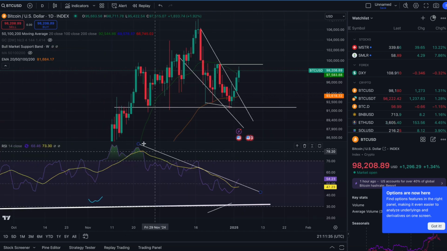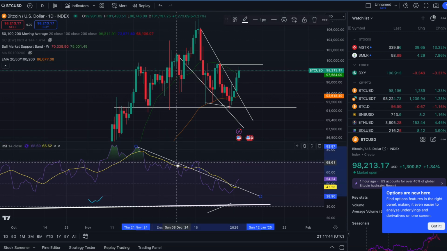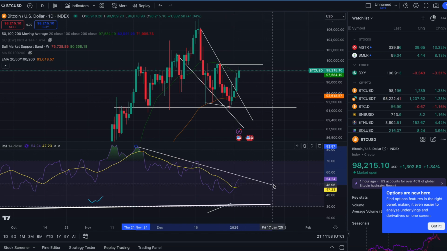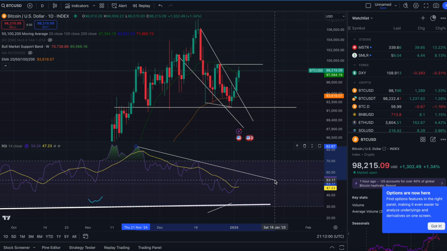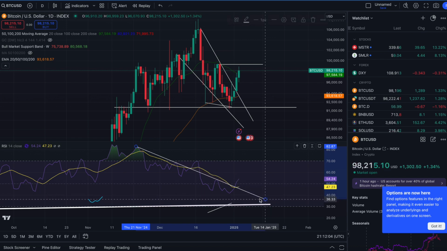Once again, this is on the daily. This could be looked at multiple ways. So if we use this first test point here where we got rejected, this could have been a fake out here. That was the bearish divergence here, where the price had to cool off. It came back down, we got rejected again, and then broke through it. So we want to see what happens with Bitcoin. We could look at it in this capacity as well, but we think that this is more appropriate.